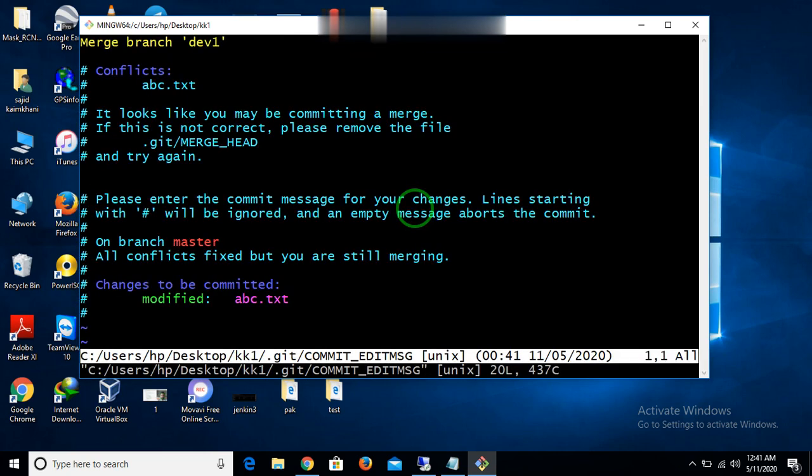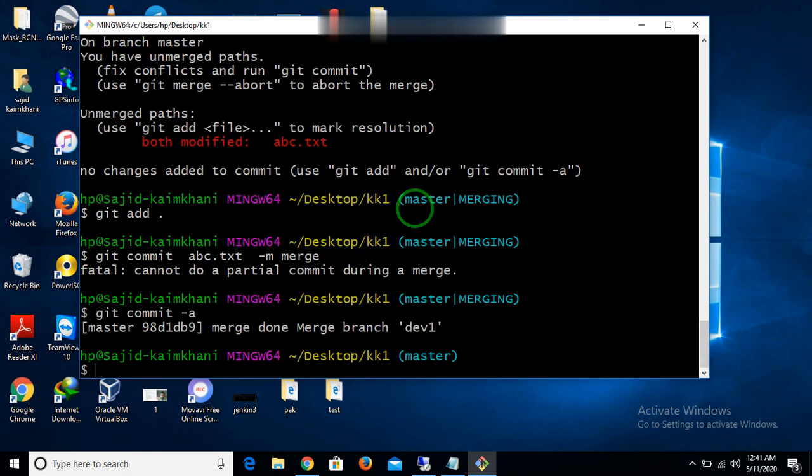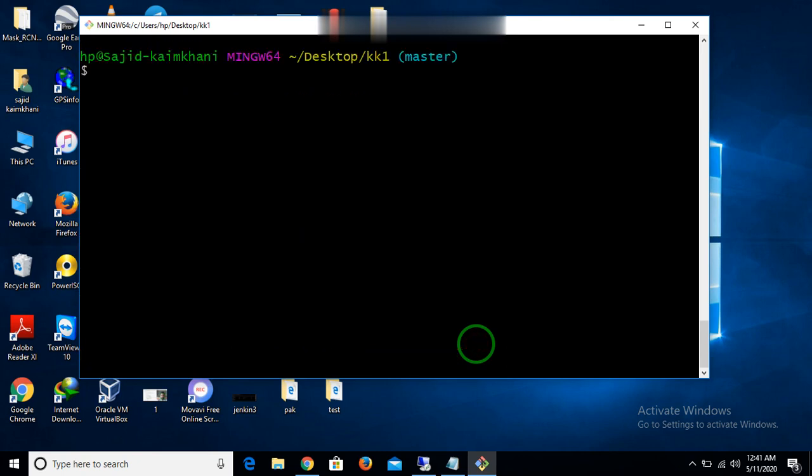So the file will come up here. You can write anything here, merge done. So here you can see my merging has been resolved from dev1 to dev2. So there is no error until now.